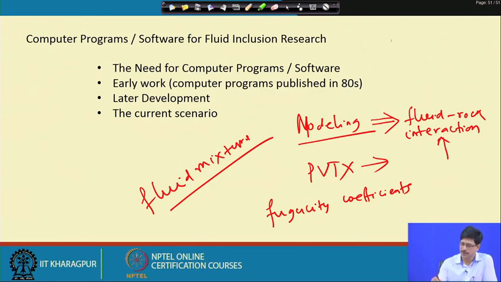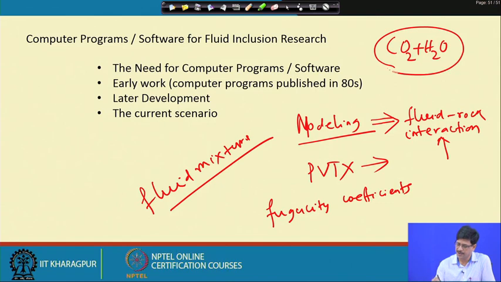Say, for example, we have a mixture of CO2 plus H2O, a simple system like CO2-H2O. If it is a mixture of CO2 and H2O, then we need to compute the fugacity coefficient of carbon dioxide and water independently,